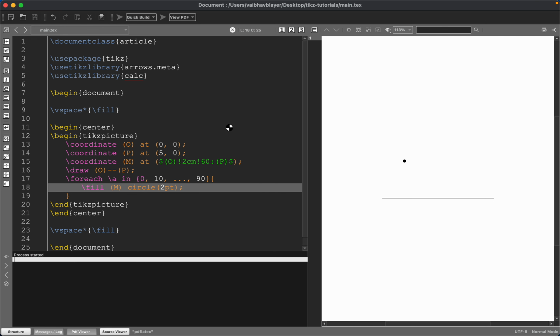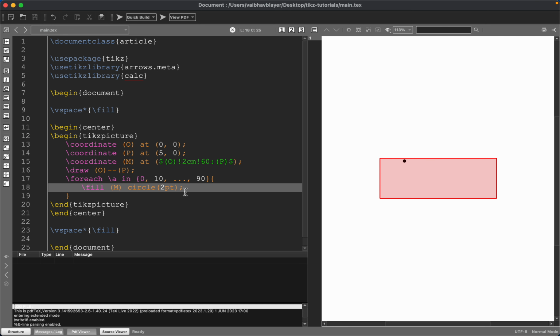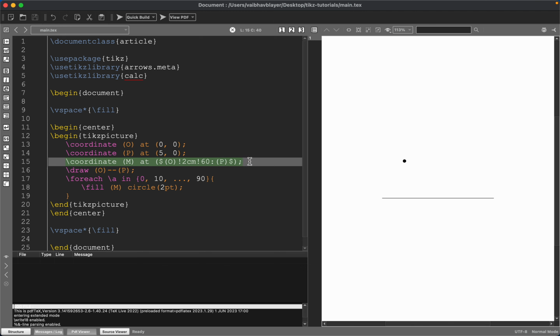So yeah, let's see. I think something is wrong. Oh yeah, let's move this coordinate point within the